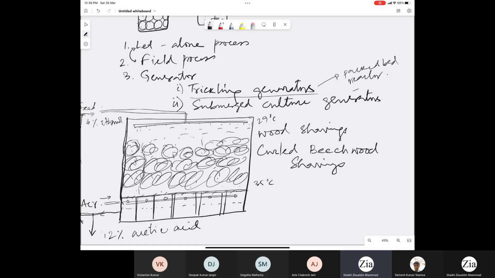And when you do the aeration from the top section, you have vents to allow the excess air to go out, so it will not build up any pressure inside the reactor. So at the top, you just use a DO probe